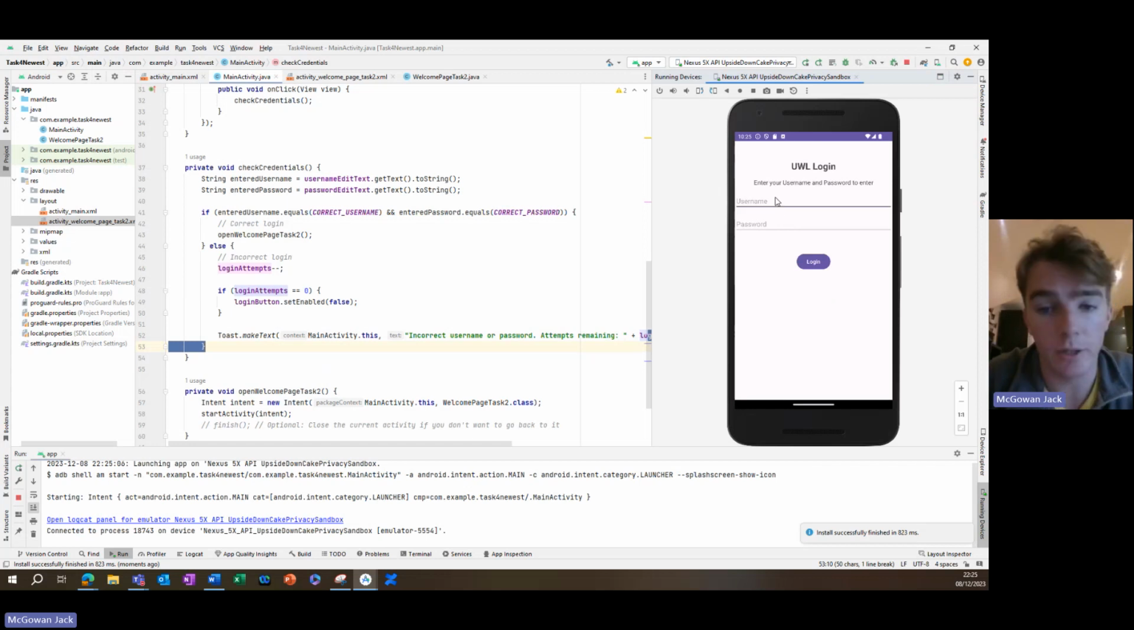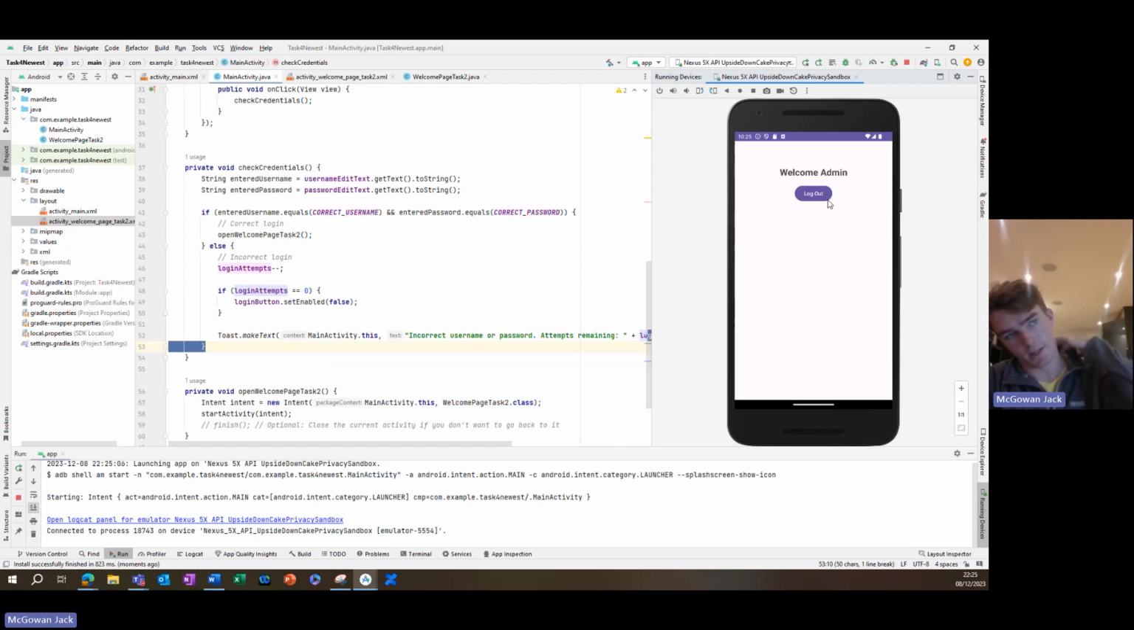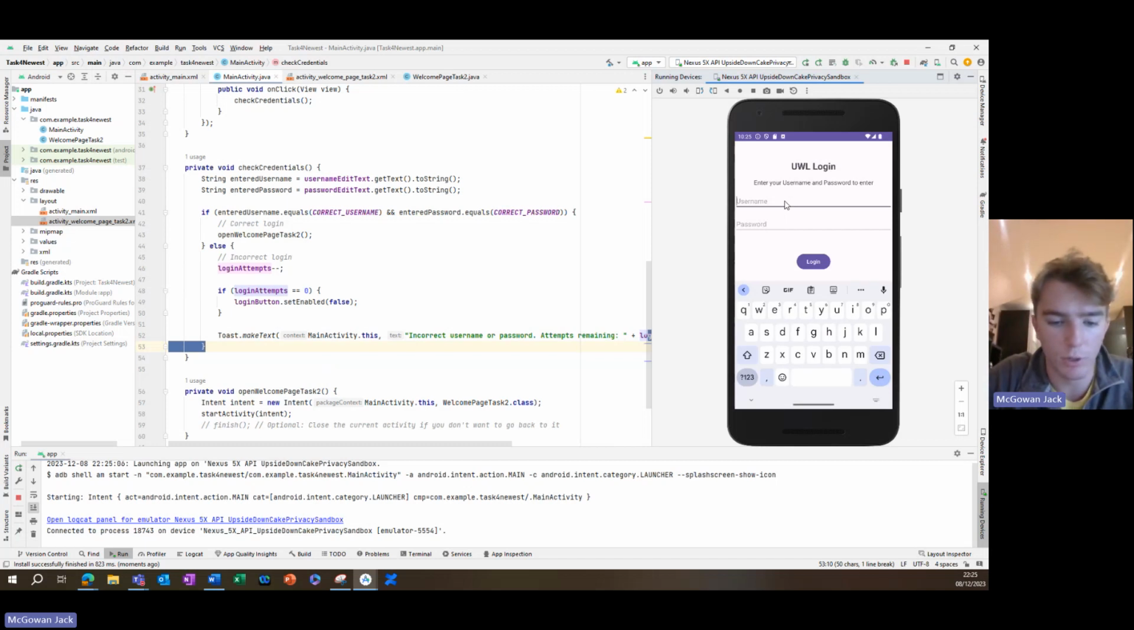So first of all, I'm going to log in correctly so that I can show you what happens. Admin, and then admin here. We press login. It takes you through to this page, welcome admin, and then this logout button will take you back. Then, for example, if I put in the wrong password, so say I put password, and then I put password down here as well,